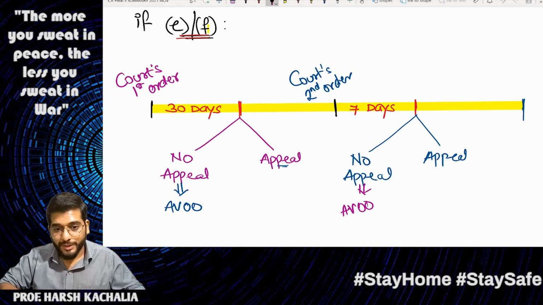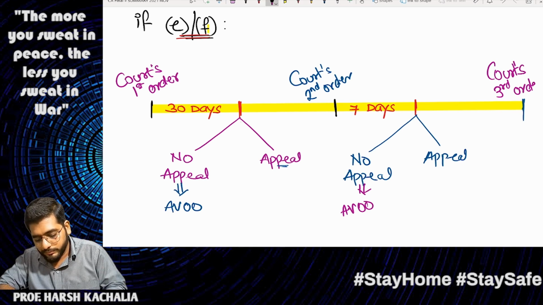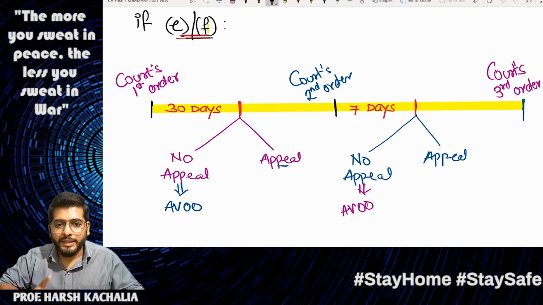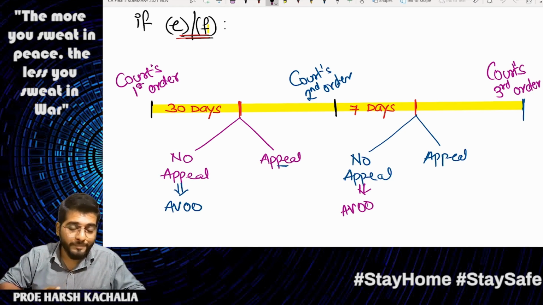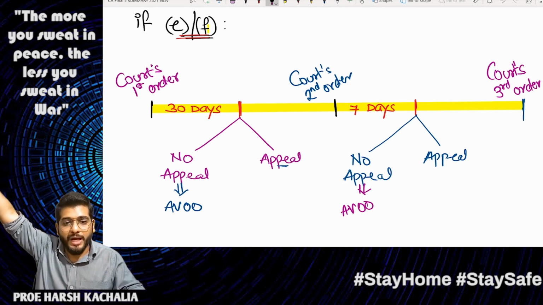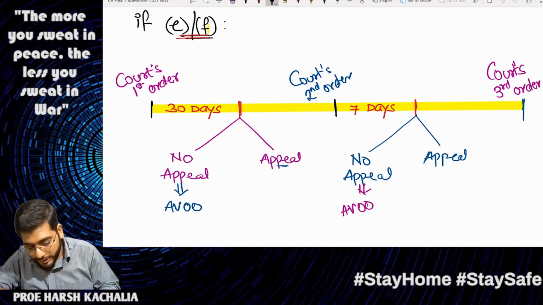But if you file an appeal over here also, then we have to wait till the court's third order. We have to what? Wait till the court's third order. And mind you, when I'm saying we should wait till the third order of the court, if this order also is coming against you, you still have the authority to file an appeal to the higher courts, even higher, go till the Supreme Court if you want, we don't care. But first,